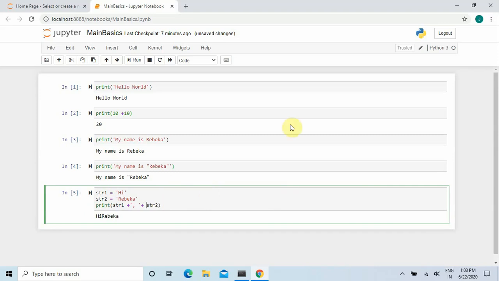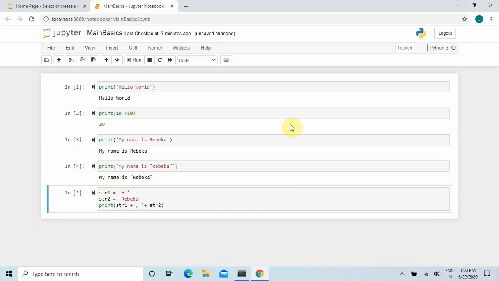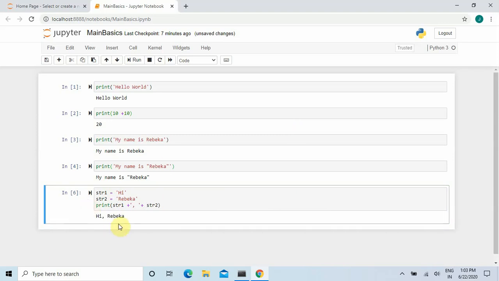If you run this code again, with control enter, you can see here that hi and Rebecca are separated with a comma and space in between. So this is the concept of concatenation of strings.